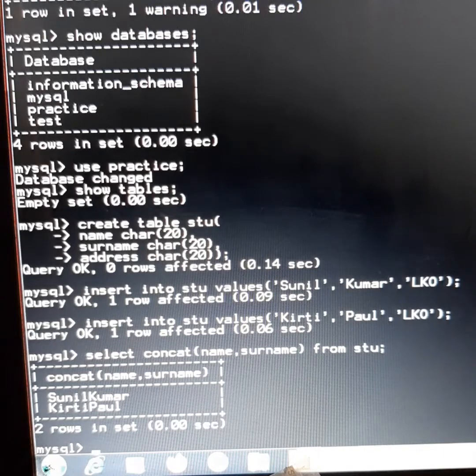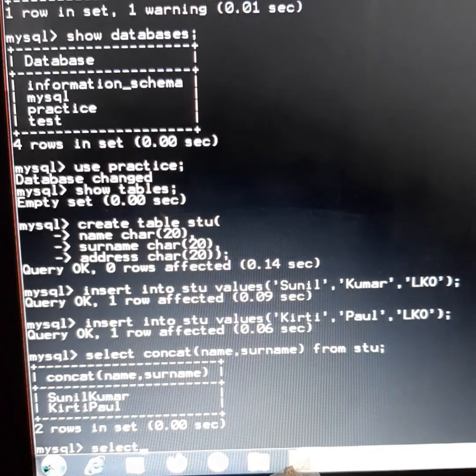Example 4 says consider table EMPL and display the job for employee 8900 in the format name is a job. Like if suppose here itself in our table we want to join name and we want to write a sentence that Kirti's surname is Paul. So how do we write?